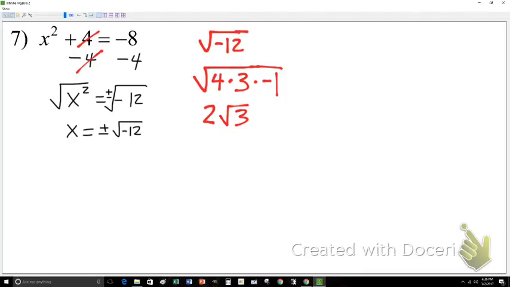Okay? It's irrational. We can't take the square root and get a nice whole number. The square root of negative 1, we're going to write that, of course, as i. That's what we define the square root of negative 1 to be. So our final answer is x is equal to plus or minus 2 square roots of 3